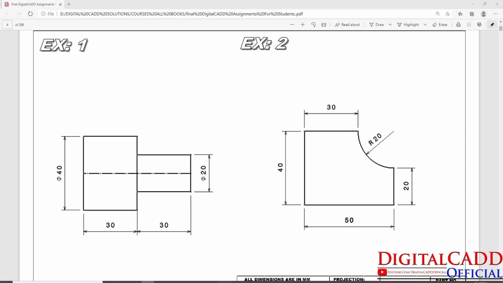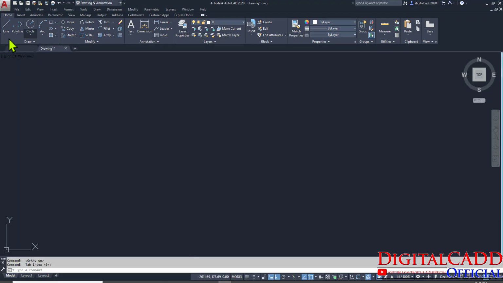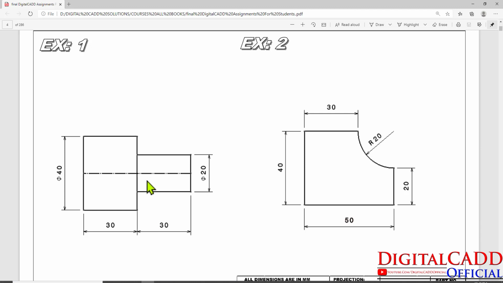Otherwise you will get bored. Already being an engineers, I think you know about all these drawings, line, polyline. Whenever we need these shapes, I will tell you. Okay, so let's start with exercise 1.